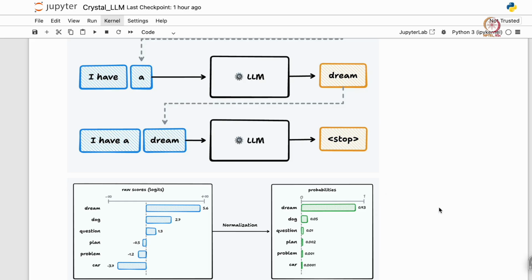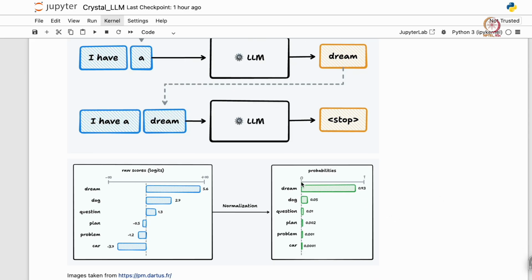In order to introduce some randomness, so that you can explore new chemical spaces and lattice structures, one strategy is top K sampling. We take the top K entries, and in our case K equals 10.